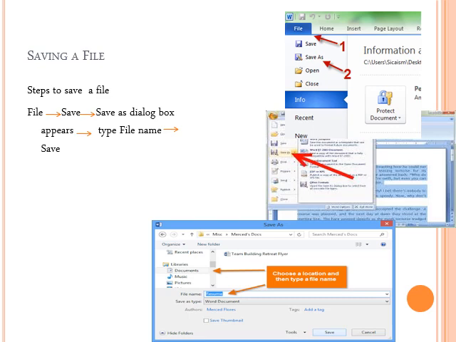Now in this place you can see, Choose a location, the arrow mark. Here you have to choose where you want to store your file. Either on the Desktop, or in My Computer, or in the Libraries, where you want to save your file. Then after completing all this, you will click on the Save button. Down here you can see there is one Save button. You will click there.